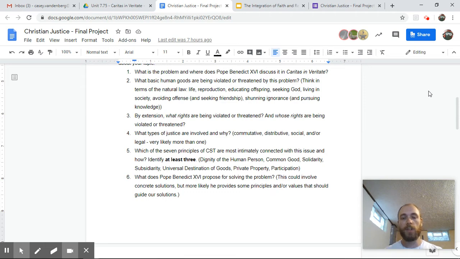Number 4, what types of justice are involved and why? Remember those 4 types of justice we talked about back in January, February: commutative, distributive, social, and legal. Okay, you might have to go back and look at the distinctions on these things, but which types of justice are at stake here? Okay, sorry. I think I just made 120 people